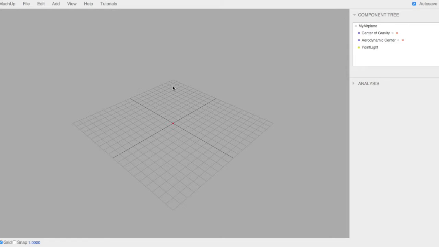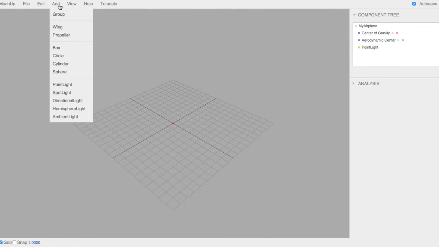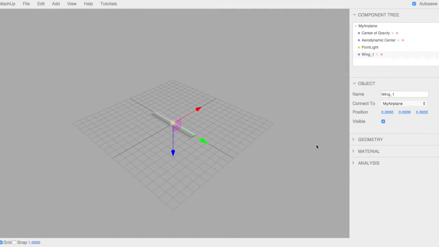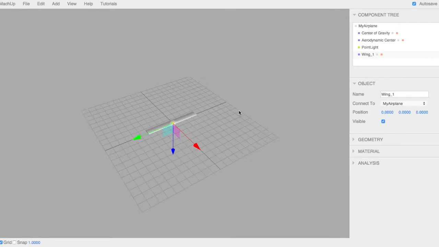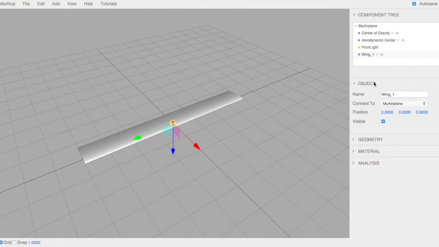In today's video, I'm just going to take you through the steps of how to build a more conventional aircraft in MachUp, one with just a main wing and a couple stabilizing surfaces and then a simple fuselage. So we're going to start by adding a wing and editing its geometry. We're going to leave it there at the origin. I'll call it main